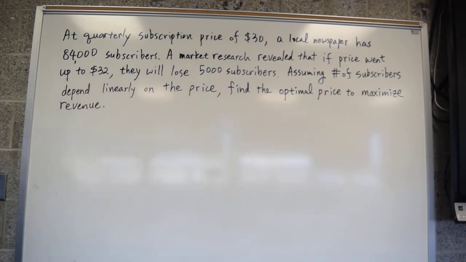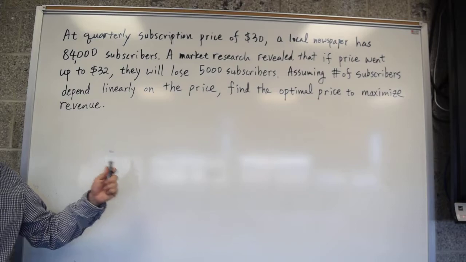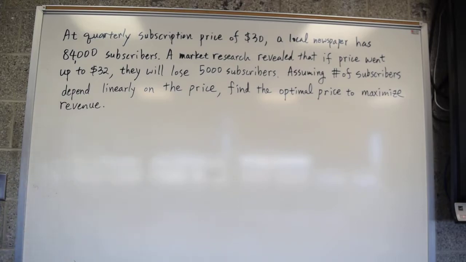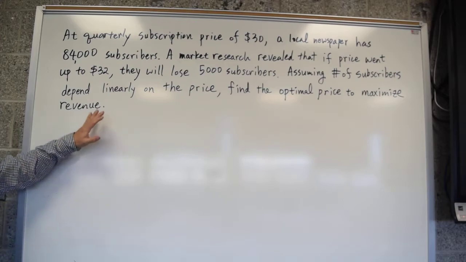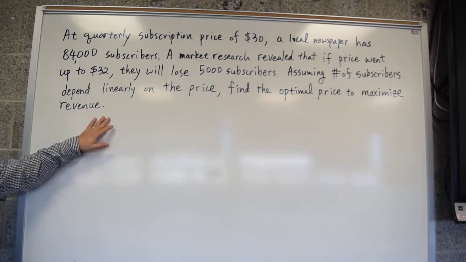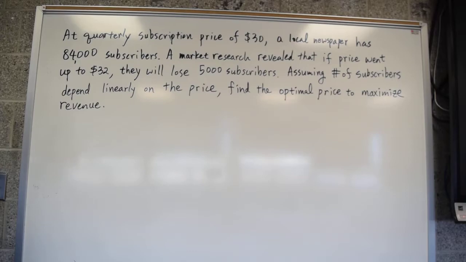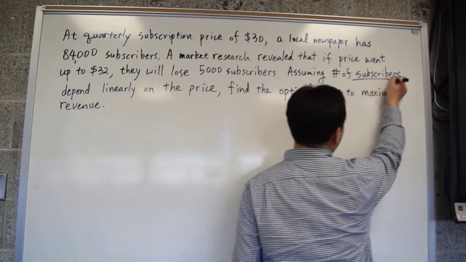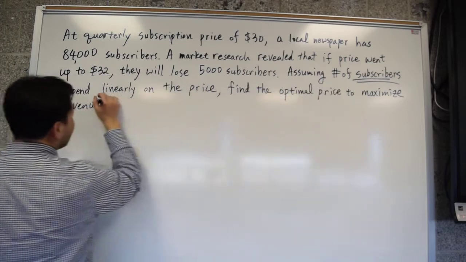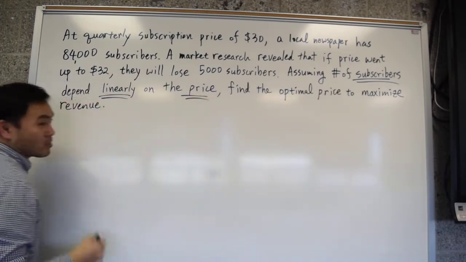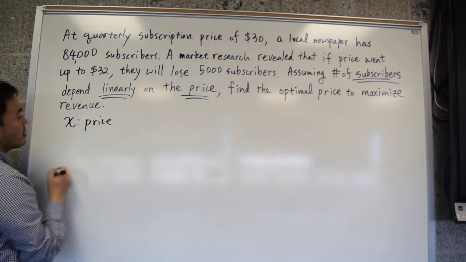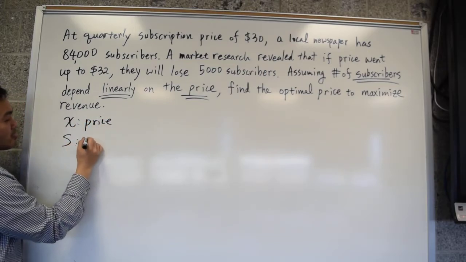Now, for this question, you do need to figure out the formula yourself. So it is a bit challenging, but think of it this way. Although this is a quadratic word problem, there's a linear function problem embedded in it because subscribers depend linearly on the price. So if you say x is the quarterly price, and S is the number of subscribers,